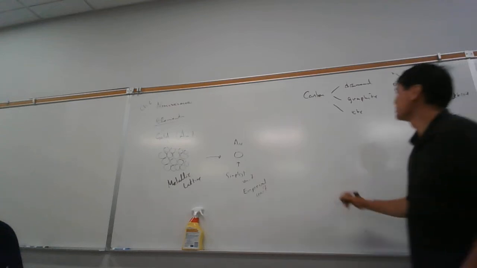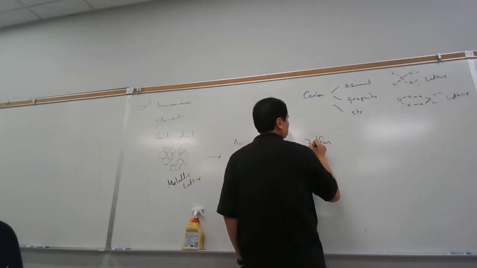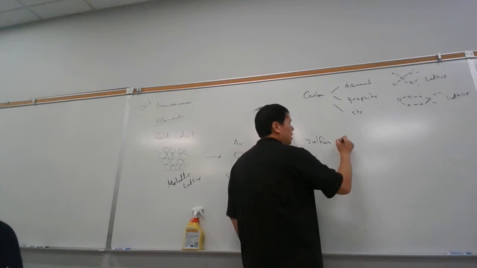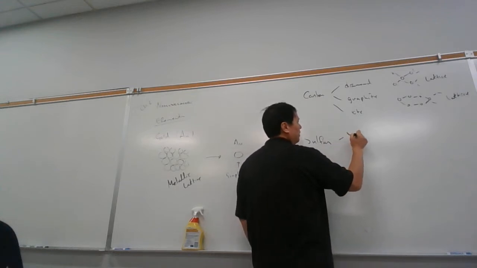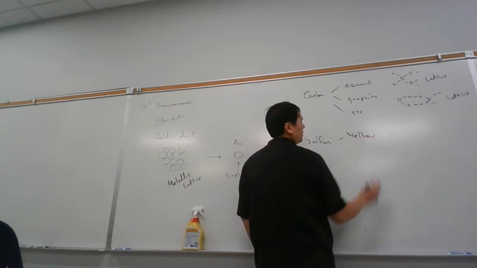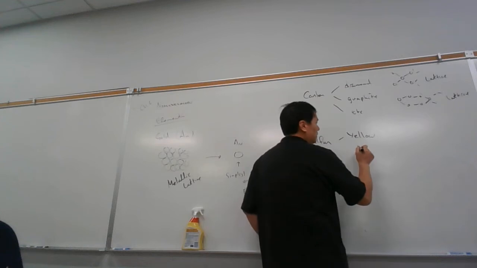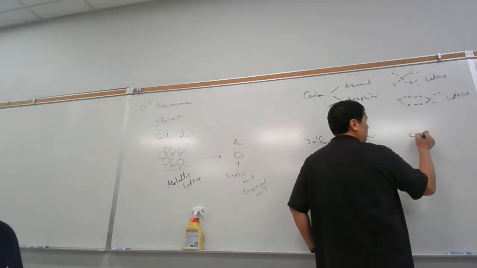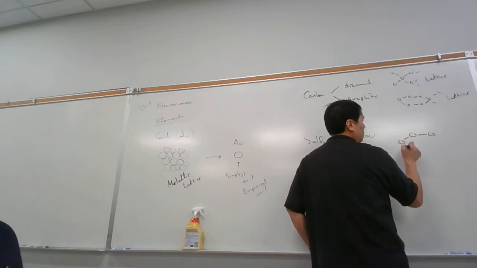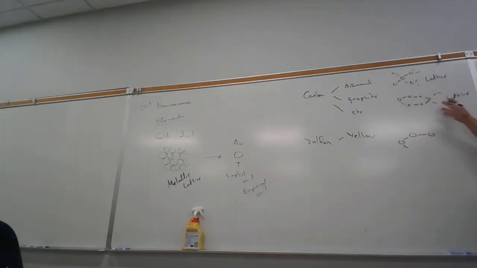But something like sulfur is a bit different. There are two common forms of sulfur. There's something that we have called yellow sulfur. Yellow sulfur forms discrete units. If I look at a diamond lattice, it just keeps going on and on. Same thing with the graphite lattice. But for sulfur,